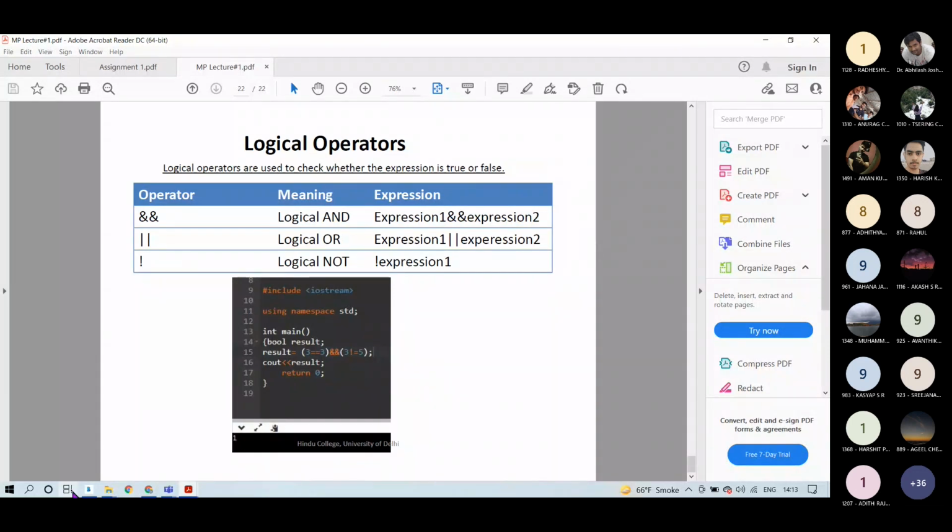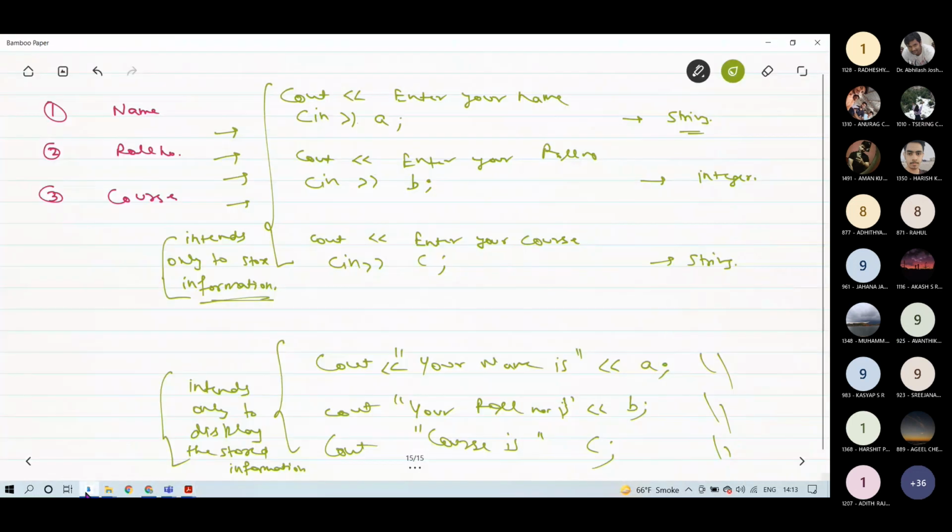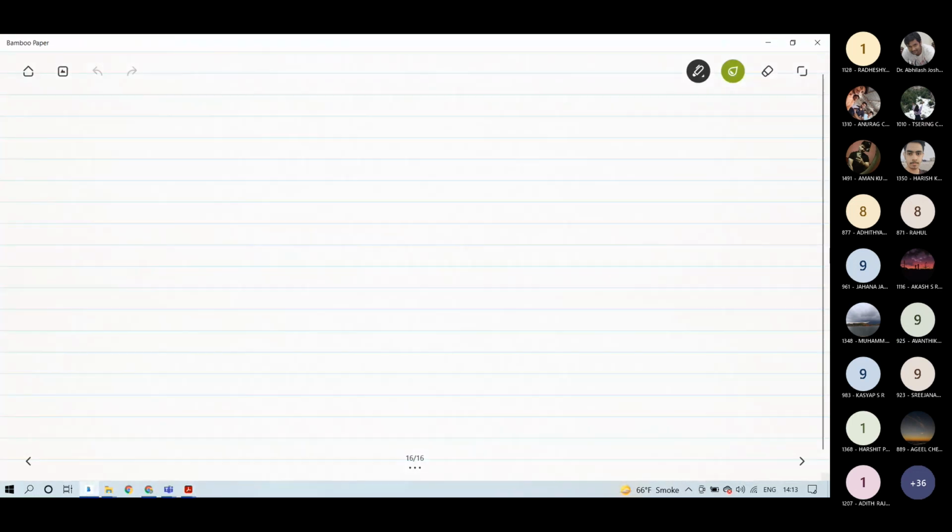See, this logical AND means... see, there are three logical operations: AND operation, OR operation, and NOT operation. You must have studied these operators in your 11th or 12th class in electronics, in physics.